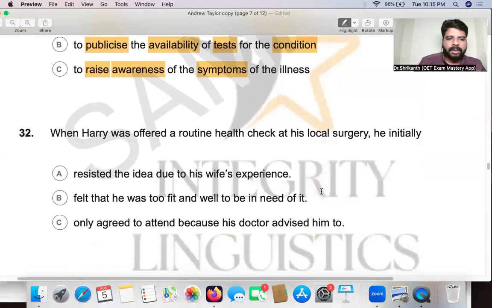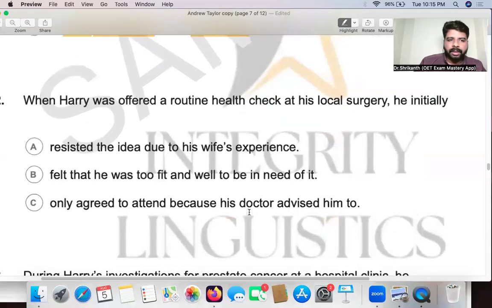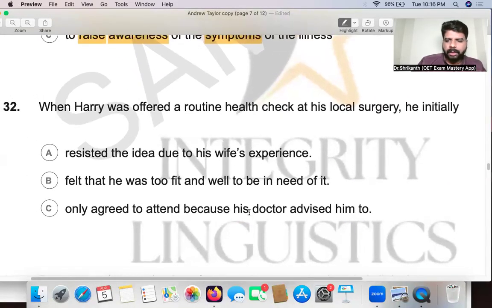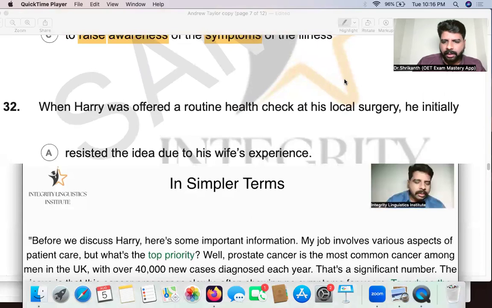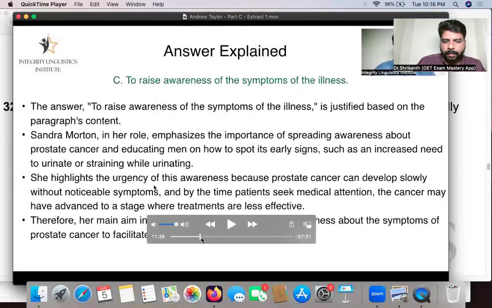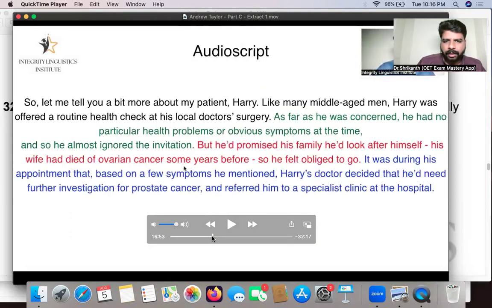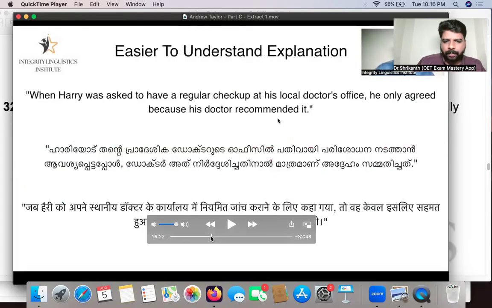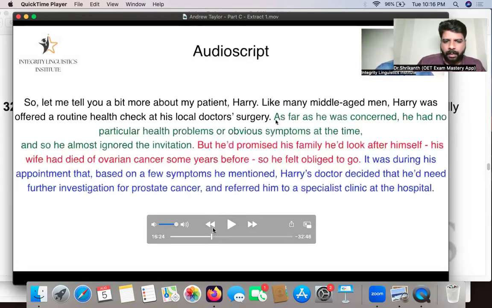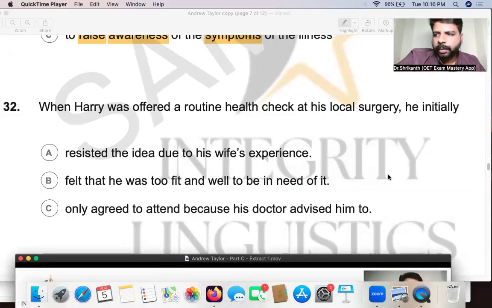All right, so now let's take a look at the 32nd question. This is going to be a detail specific question. That is, they're asking you for one specific detail. So read the 32nd question and do the keyword analysis. Just give me one tiny second over here. Let's take the audio script. As you can see, all very detailed lectures and slides are available. Okay, read the 32nd question.